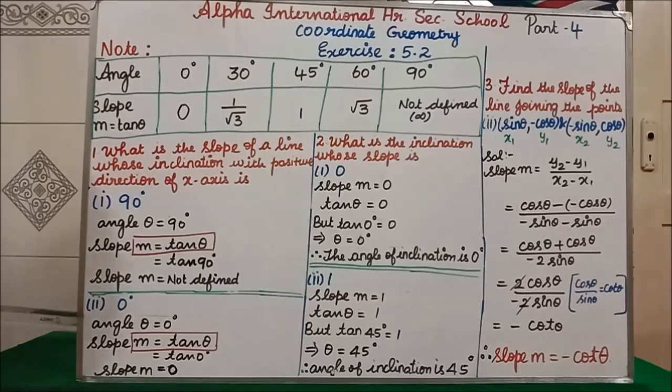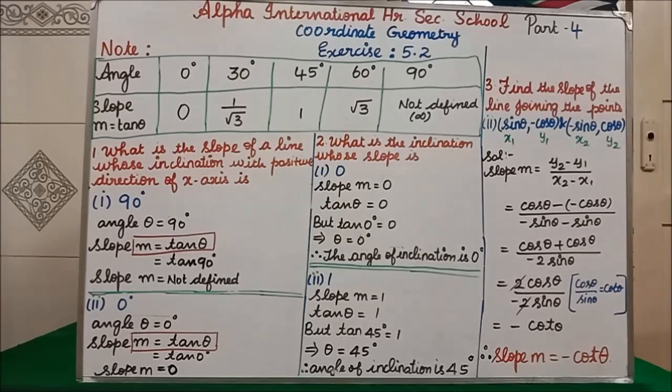Clear? Now we will see the second subdivision. In the second subdivision, they have given 0 degree. We have to find the slope, which means the value of m. For that also the same formula. What angle have they given? 0 degree. Slope m is equal to tan theta is our formula. So m equals tan, and instead of theta, they have given 0 degree. The answer is 0. Therefore, slope m is equal to 0 is the answer for the second subdivision.